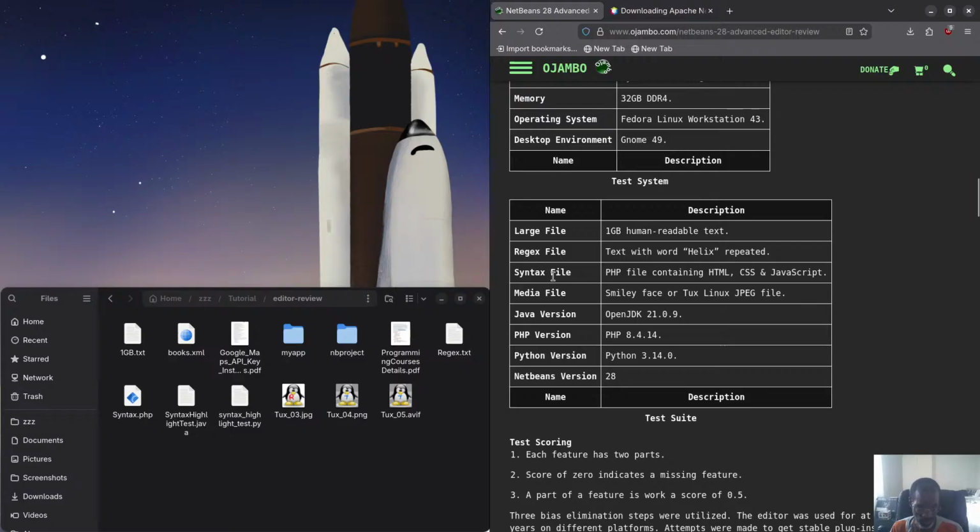It's a find and replace if you don't know what regular expressions are. And then the syntax file, this is the PHP file. It's going to have HTML, CSS, JavaScript, and obviously PHP just to test it. I should probably update this because nowadays even very plain text editors, even terminal ones, are able to do this